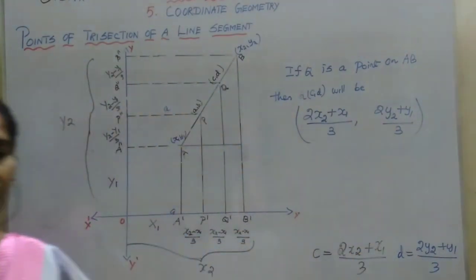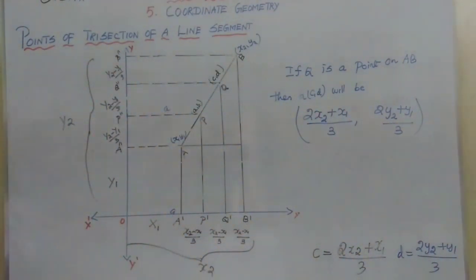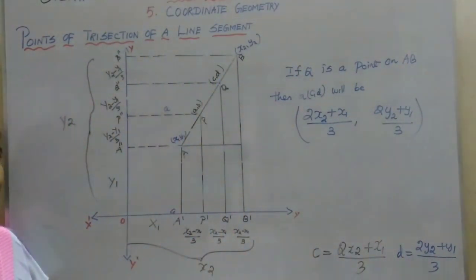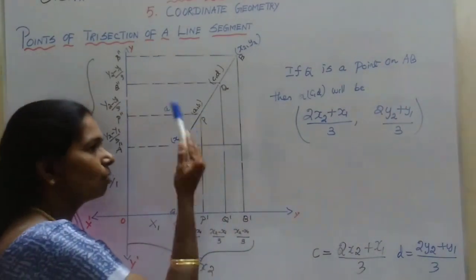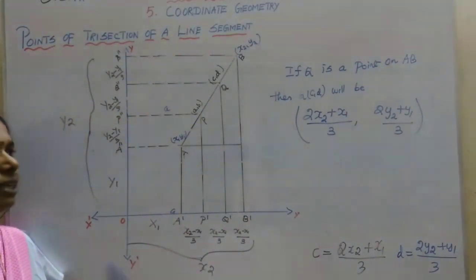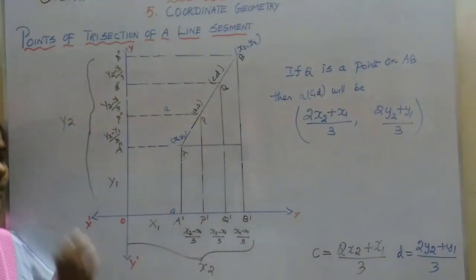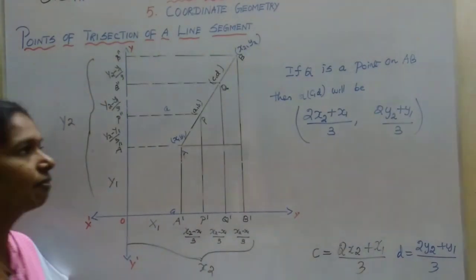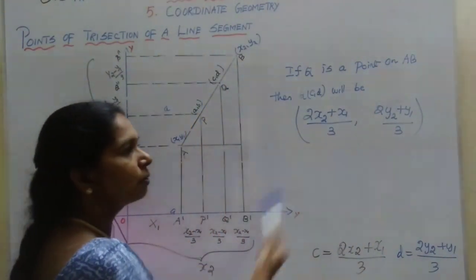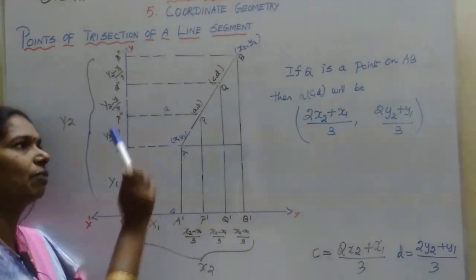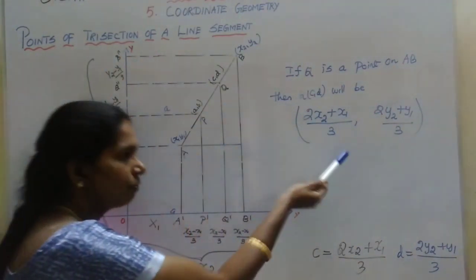Suppose in the examination they ask you to find only the point of trisection Q, then you find only Q. If you have to find only P, then you apply the previous formula I told you. Whatever they ask, only that point we have to use in the examination. We got this because we have 2 points of trisection, so we have to find 2 formulas for trisection. For P the formula I had done, and for Q the formula I have now done.